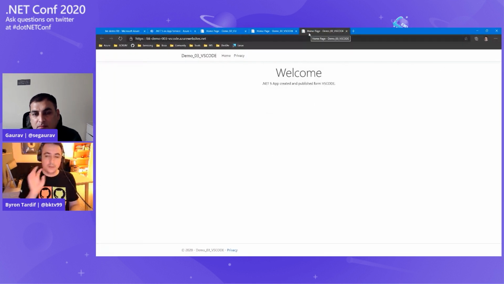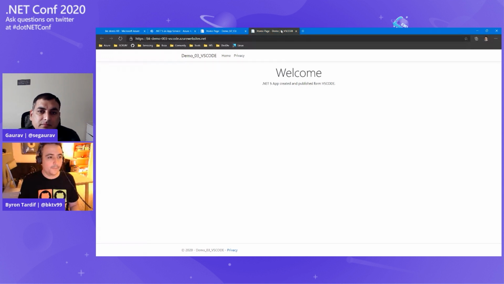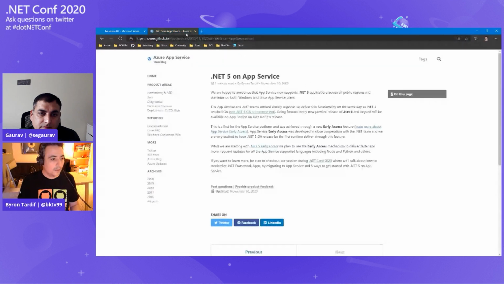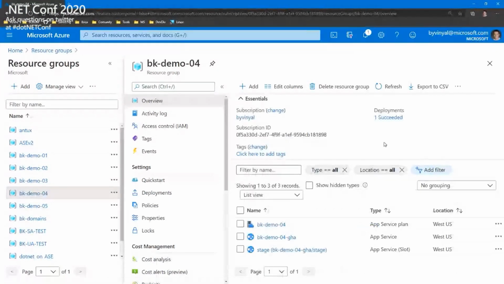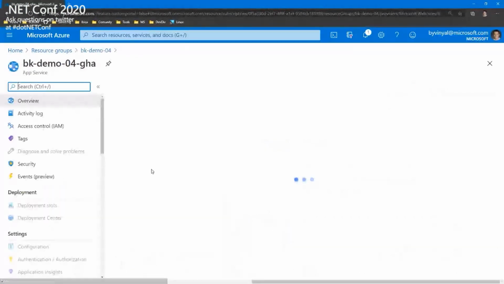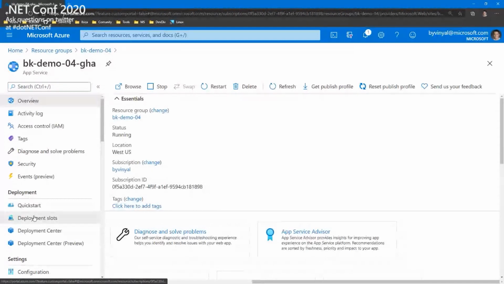So that was scaffolding code, open in VS Code, create and publish the web app all within the VS Code extension. I didn't have to come to the portal to do this. So now I can jump over to demo number 4. I already have a web app. And what I'm going to do is, if anybody was watching